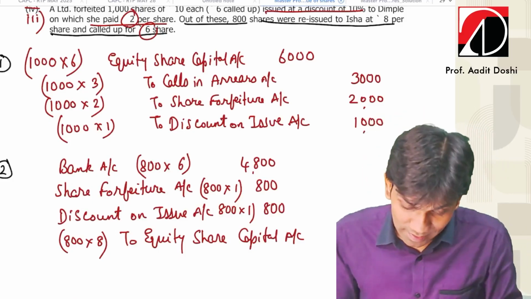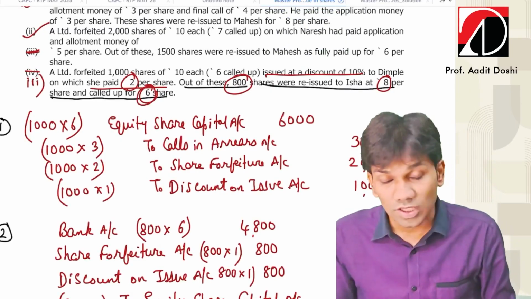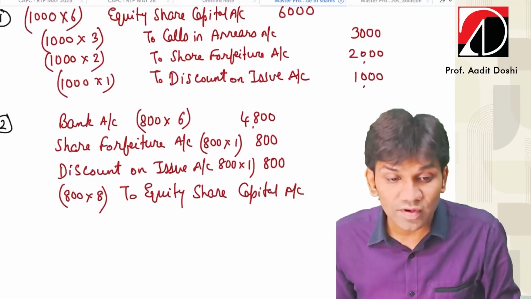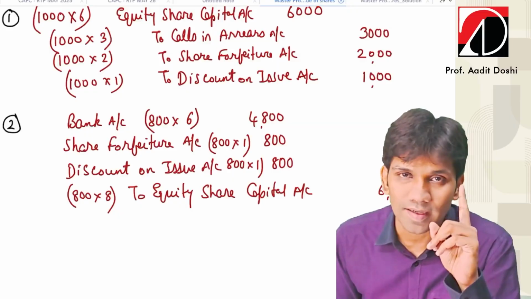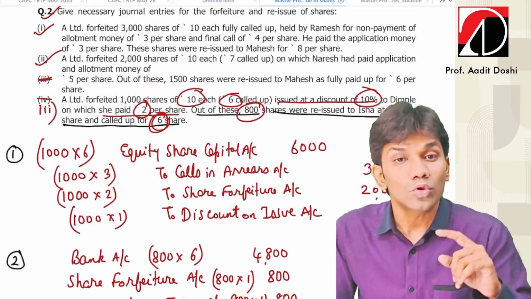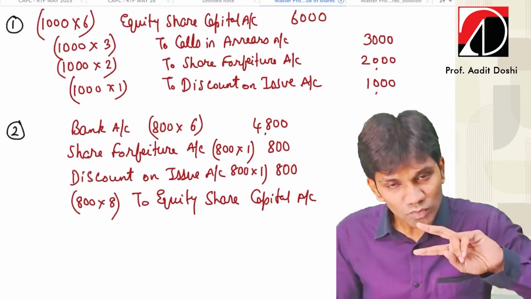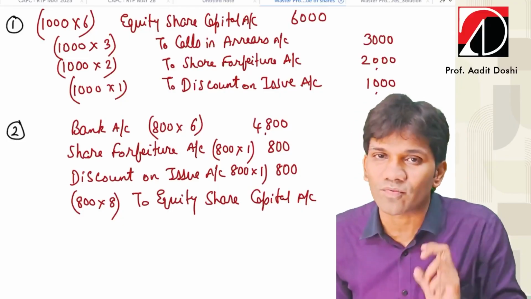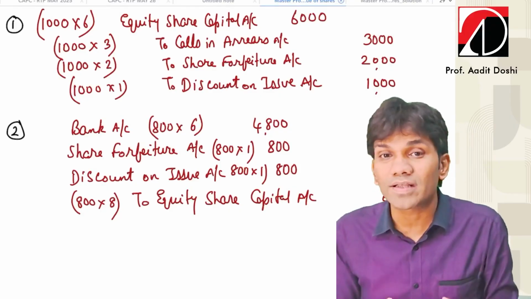अब ऐसा क्यों? 800 शेयर इशू है, 8 कॉल्ड अप 6 के भाव में, तो 6 रुपया बैंक में, 8 रुपया शेयर कैपिटल में, फेस वैल्यू और कॉल्ड अप विच लेस. फॉरफीचर में 1 रुपया क्यों और डिस्काउंट में? क्योंकि 1 रुपया तो ओरिजिनली डिस्काउंट था मेरा. चेक ओरिजिनल केस, 10 ईच, 6 कॉल्ड अप एट अ डिस्काउंट ऑफ, तो उतना डिस्काउंट वापस डेबिट हो जाएगा. जो डिस्काउंट जितना क्रेडिट किया था उतना वापस डेबिट हो जाएगा इनटू नंबर ऑफ शेयर्स, और बाकी का ही नुकसान शेयर फॉरफीचर में जाएगा. गाइस प्रैक्टिकली इशूड डिस्काउंट इज नॉट अलाउड नाउ, बट माय पॉइंट इज, ध्यान से सुनना.